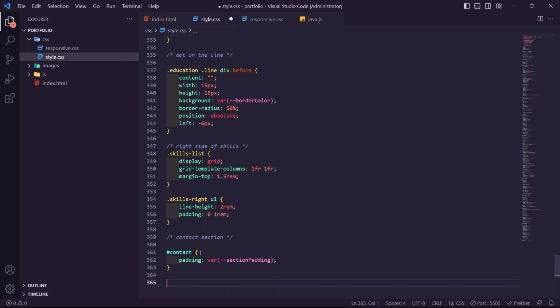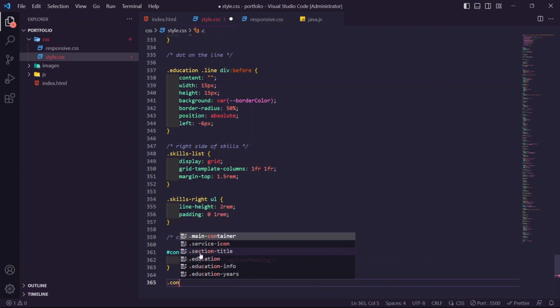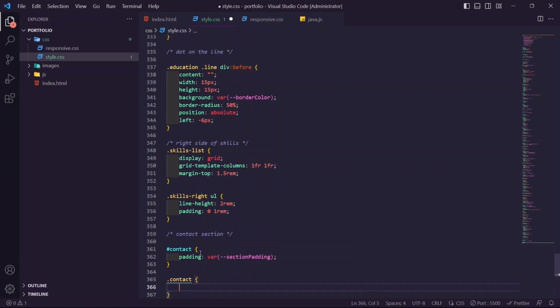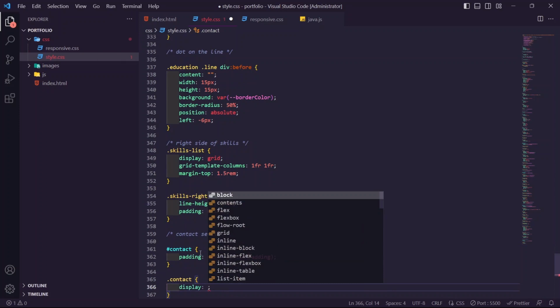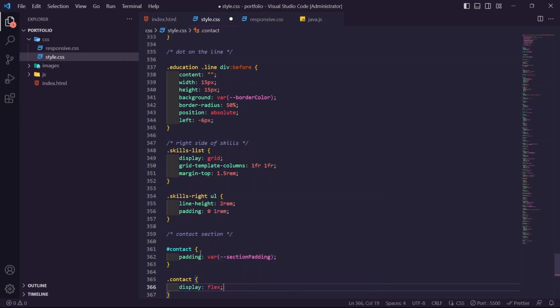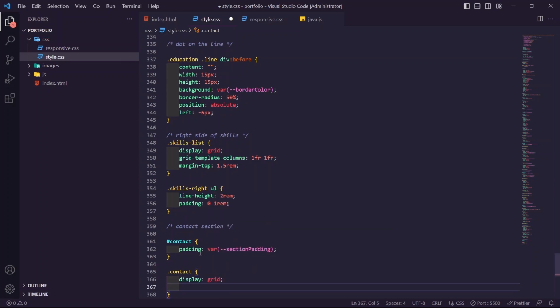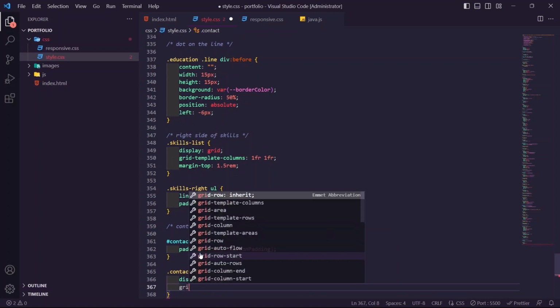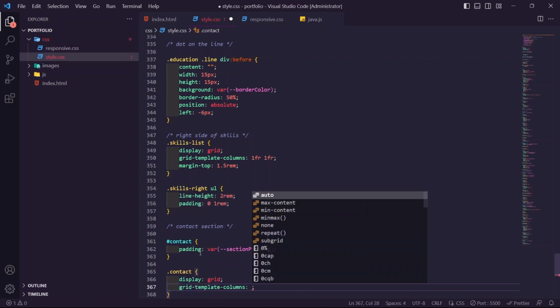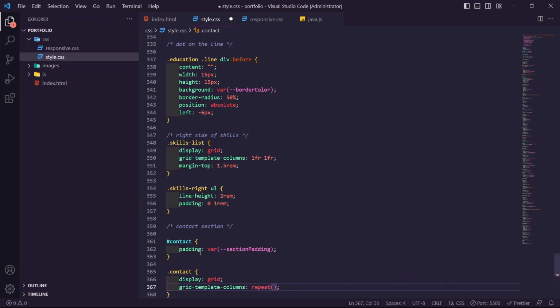Okay, and then the class contact with the display grid, and grid template columns to be the same as we did before. Repeat, auto-fit,